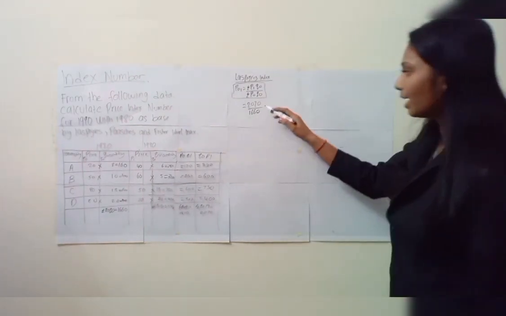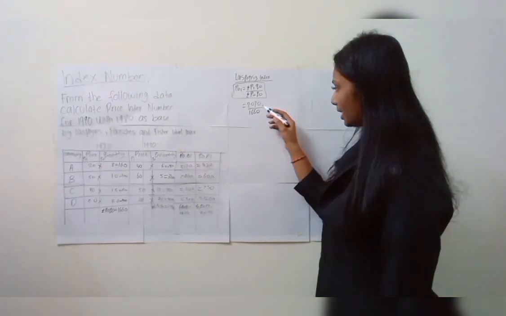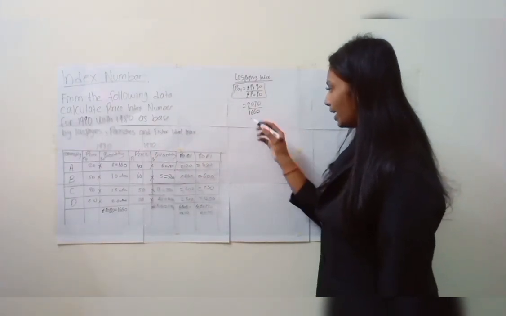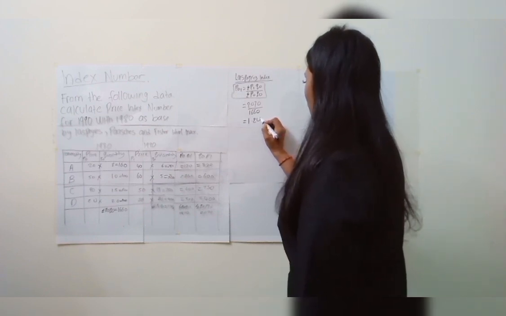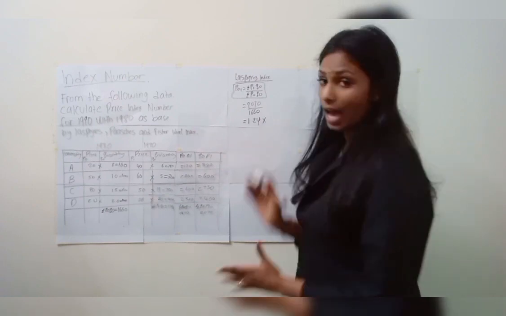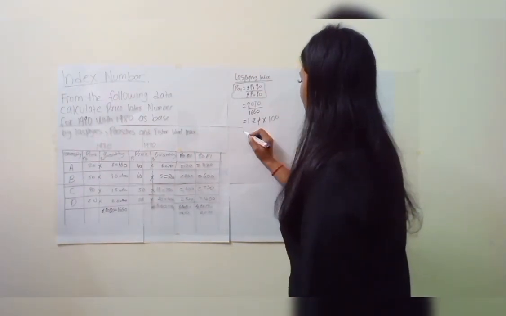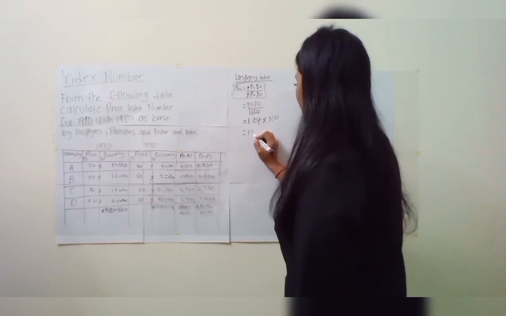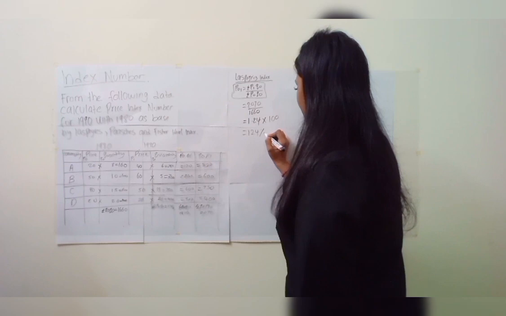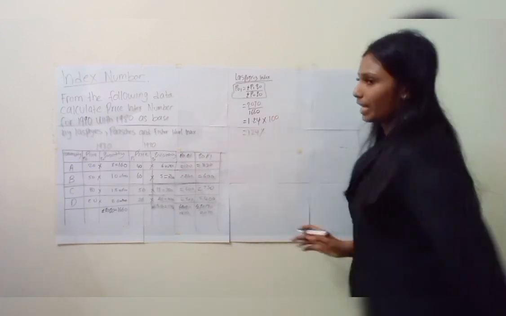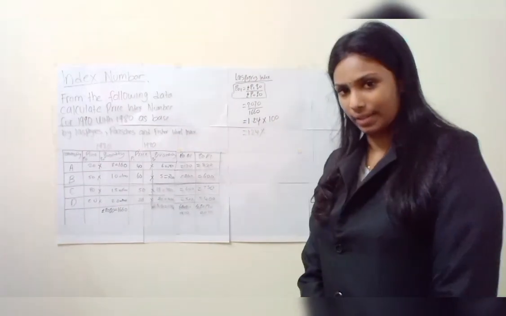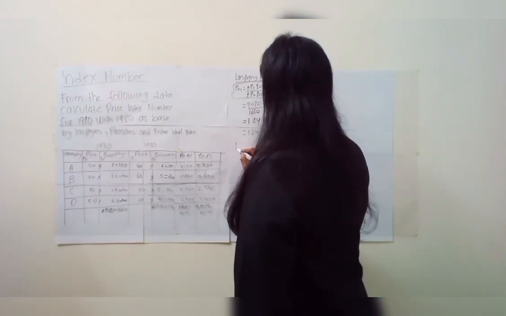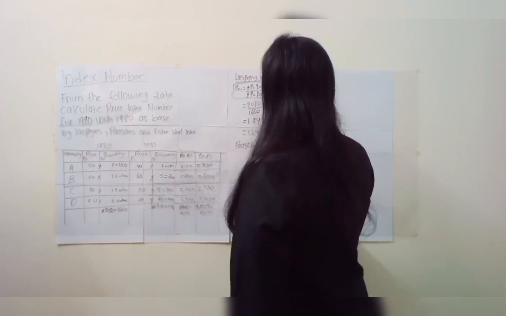1660, and then calculate 2070 divided by 1660 equals 1.24, times 100. Okay, the answer is 124%. Okay, this is for the Laspeyres index. For next is Paasche. Okay, so for the Paasche index